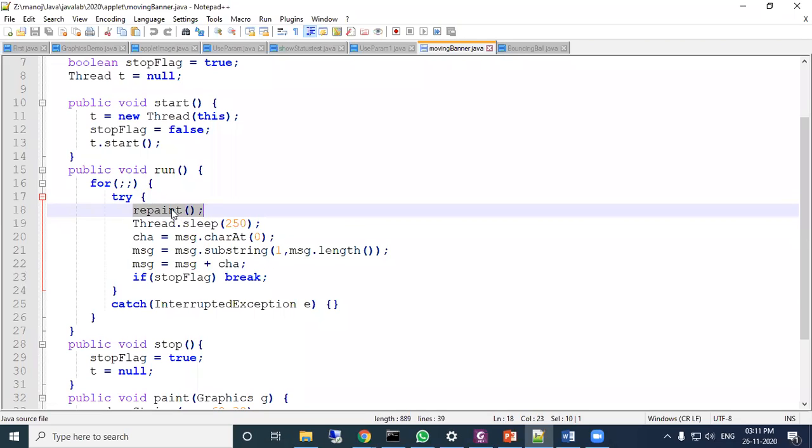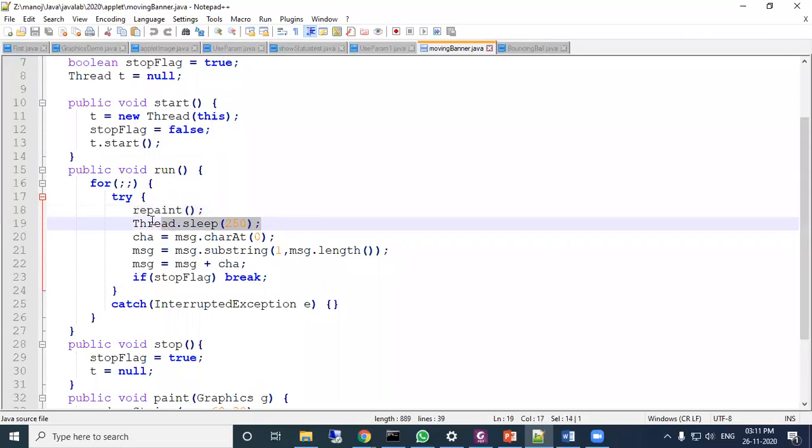Because once the paint method is called, you cannot call it repeatedly. So for calling the paint method repeatedly, the method name is repaint. Then Thread dot sleep 250, so this will wait for 250 milliseconds.